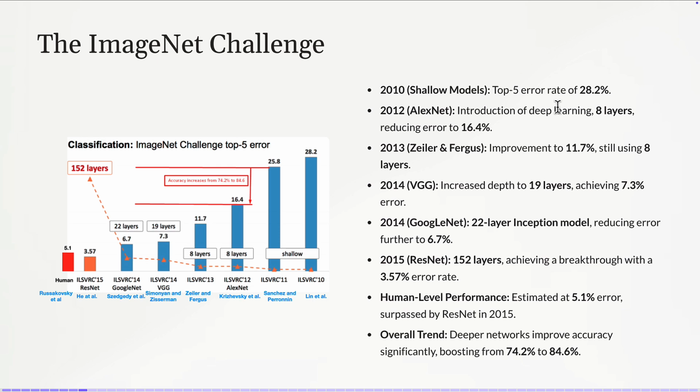Okay, so from one year to the other, there was improvement. Now 16%, 11%, 7%, 6% error rate, and finally below 4% error rate. And this is the first time that they were able to exceed human level performance. There are humans that have been classifying the same images. They made 5% errors because these images are low resolution, and there are 1,000 classes to classify. So since that time, convolutional networks started, and then from an NLP perspective, we have recurrent neural networks and LSTM for machine translation and for different types of problems.